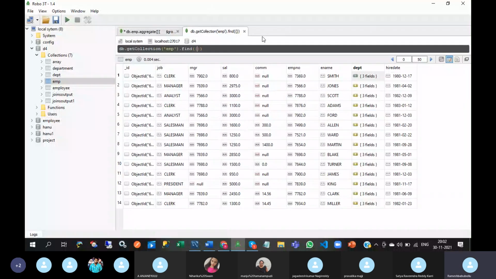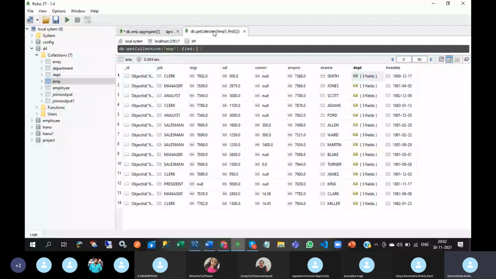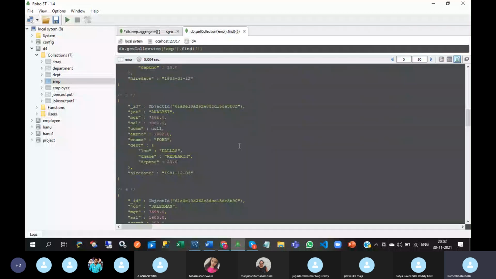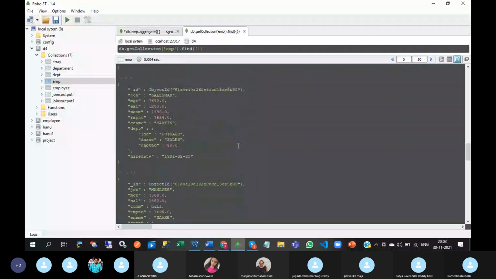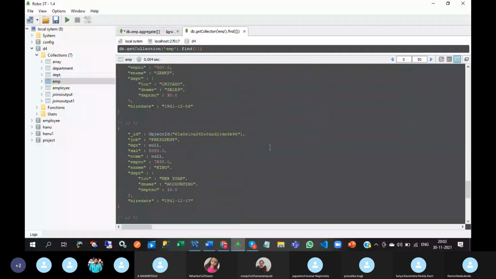In department number 10. So where is department number 10? See this, department number 10. This is the first department number 10 object.